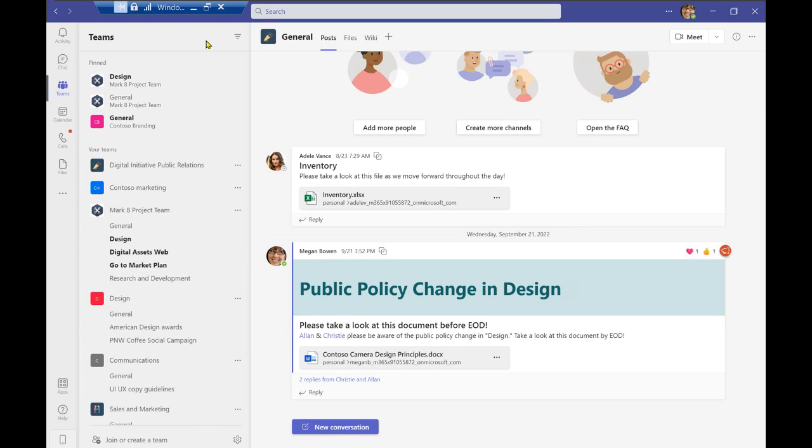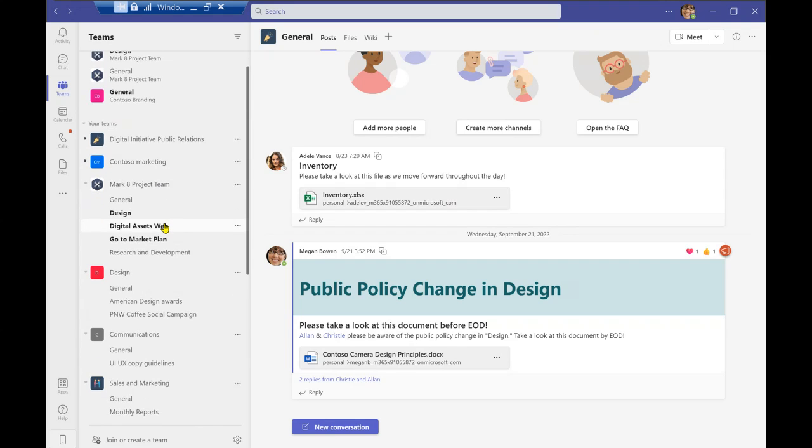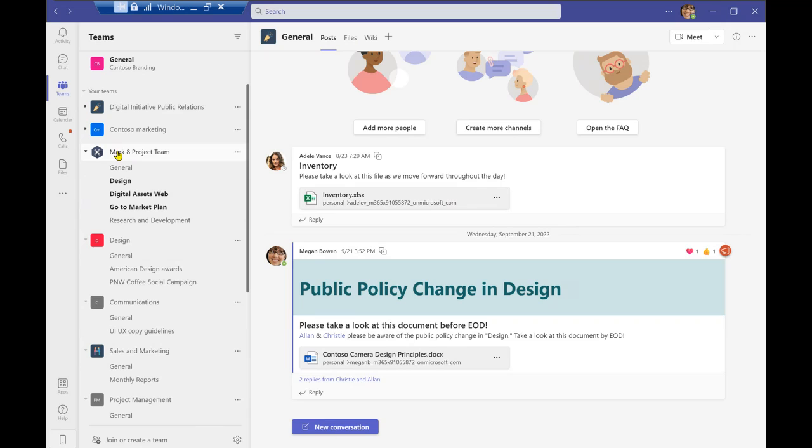in one space where you can collaborate and work on content together, as opposed to your chat conversations that you use for quick messaging or pings throughout your day. So you can see, as I was mentioning before, for Megan, she is part of a great amount of teams, and along with those teams are a couple of channels that are embedded under them as well.